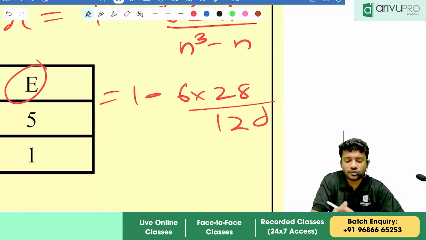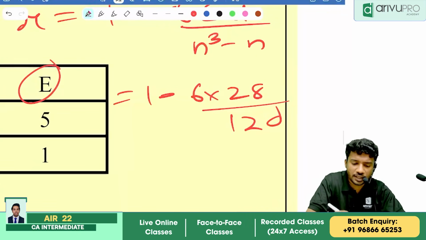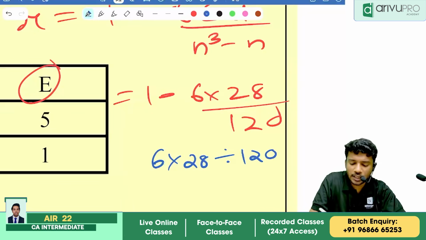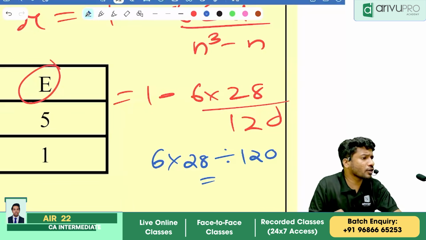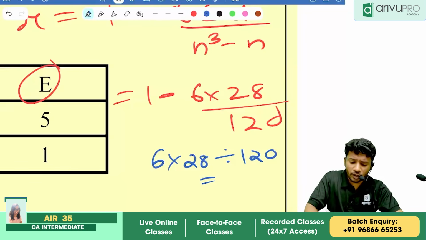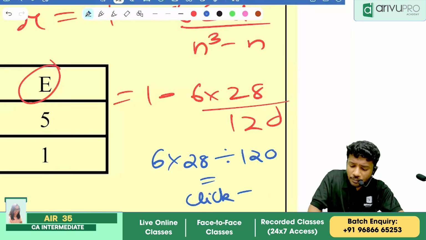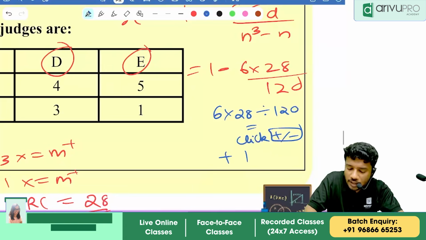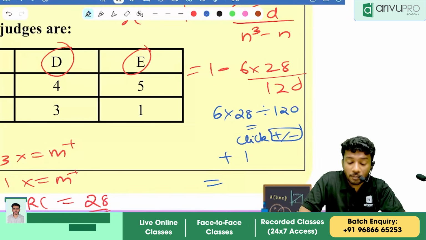Now you start using the calculator. How to use the calculator? 6 into 28 divided by 120, which is equal to some value you got in the calculator. Yes. How much is it? Then click what? Plus or minus sign. Then what? Add 1. How much are you getting? Minus